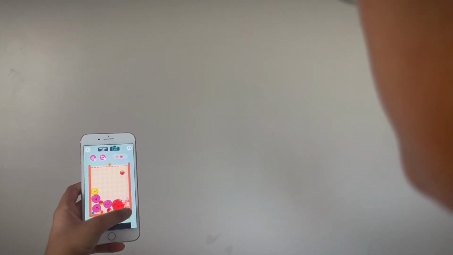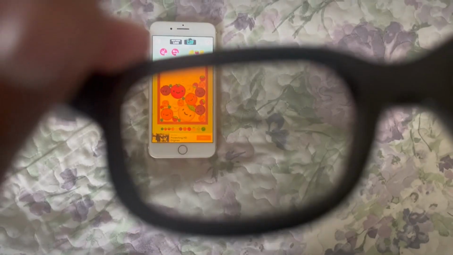So the other day I was playing this game called Suika or Watermelon game on my phone when I decided to put on my 3D glasses. And I was shocked. It's not in 3D. So then I decided in this video I will be